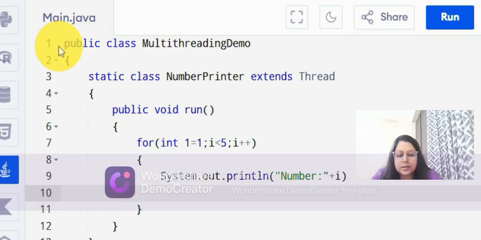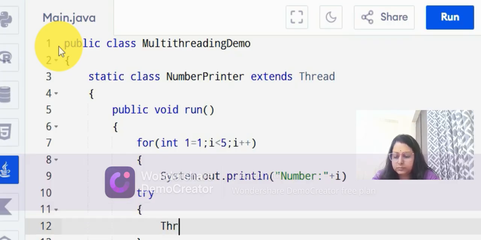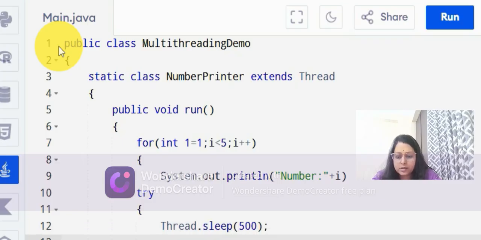For that we will use the sleep method. It is already defined also. We are just using the sleep method because we have extended the Thread class and sleep is defined. We are just redefining the time according to our need, for how many seconds we want to pause it. So we are keeping it asleep for 500 milliseconds, and